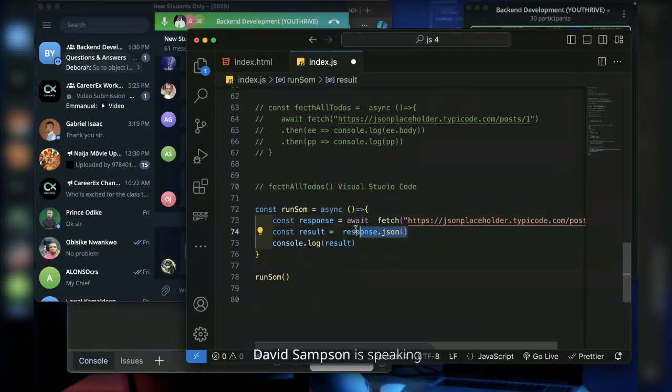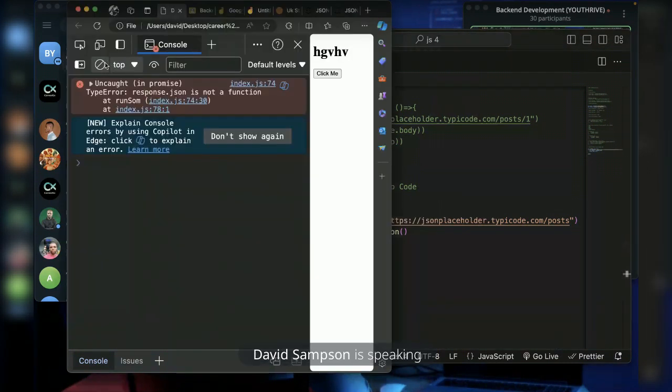But if you don't add this await, it means that while this one is taking time to run, this one will run automatically. And that will give us an error because by the time we get to line 74, we don't know what response is, which is why when I try to run this function, it will tell me uncaught error in the promise.